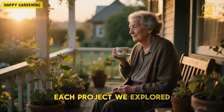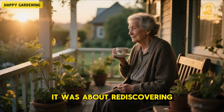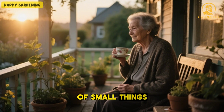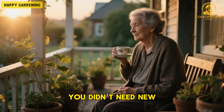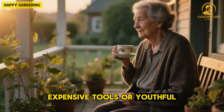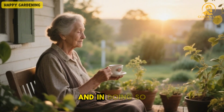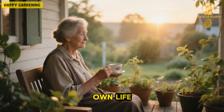Each project we explored wasn't just about decorating a space. It was about rediscovering what's already within reach, about turning trash into treasure, about honoring the beauty of small things, of aging things that still have so much to offer. You didn't need new supplies, expensive tools, or youthful energy. Just your hands, your time, and your heart. And in doing so, you gave those CDs, and maybe even a few corners of your own life, a gentle